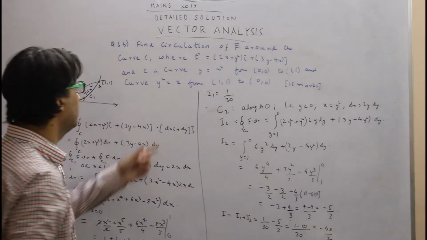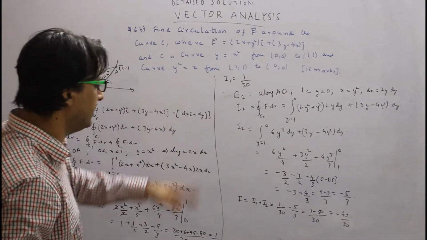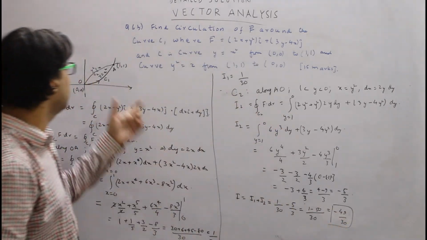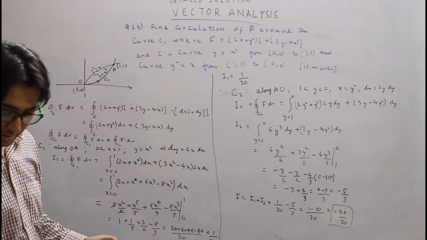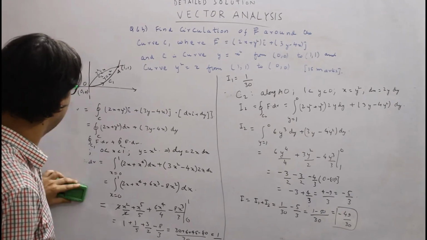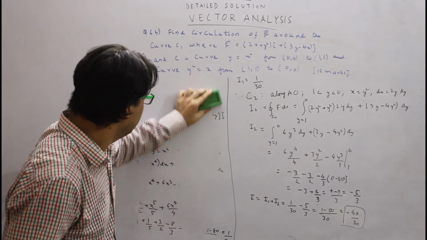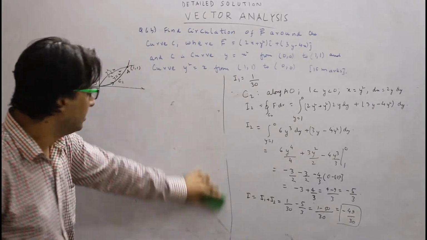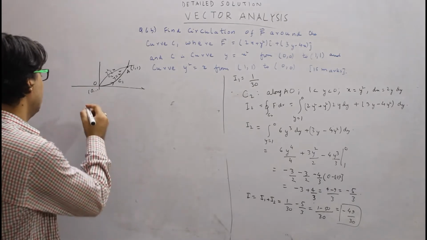So this is the answer for circulation. So this is how we find the circulation, and it is important that we also verify our answer in the examination. So this is our answer to this question, and we can use the Green's theorem to